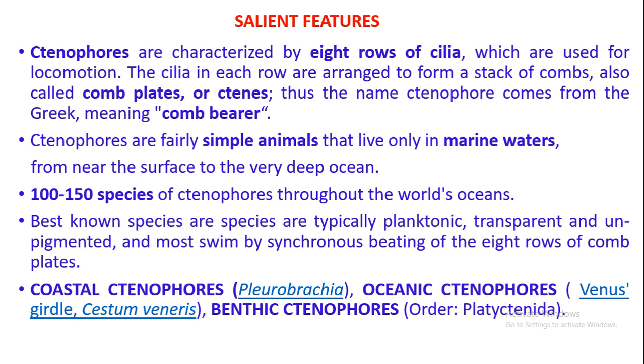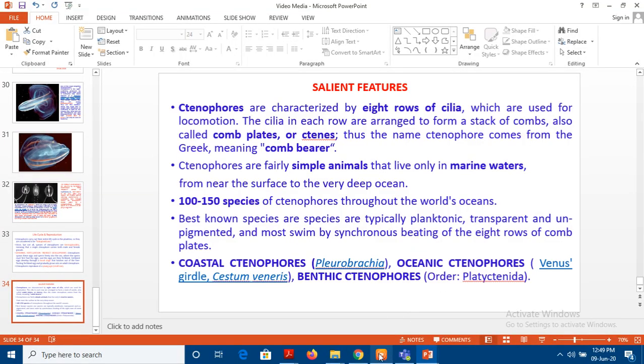About 100 to 150 species of this one single phylum are known, and you will find typically three kinds of ctenophores: coastal, swimming along the surface of the coast, ocean and marine waters; oceanic, deep inside the ocean; and benthic, attached to or found swimming near the ocean floors. The different examples have been cited for your convenience. So that summarizes the phylum that we were talking about for today.